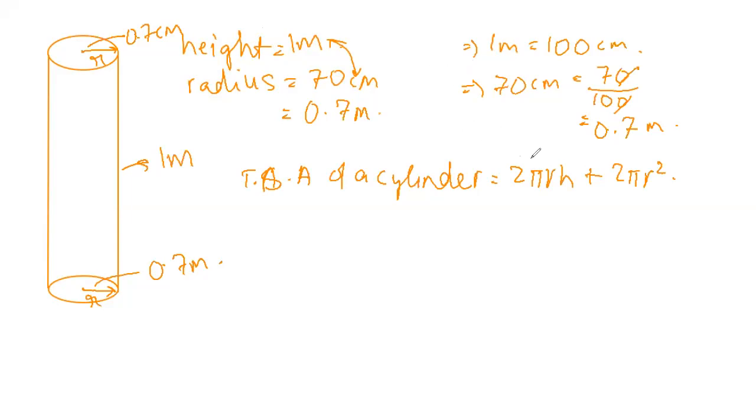So 2 pi rh is the curved surface area, which we considered previously. Curved surface area is only taken around the cylinder. It is basically taken off some parts, not the whole part of the cylinder. But TSA, total surface area of the cylinder, is specifically mentioning all the surfaces of the cylinder. Because in this question, it mentions a metal sheet. So the metal sheet is obviously wrapped all around this cylinder. So 2 pi r square.